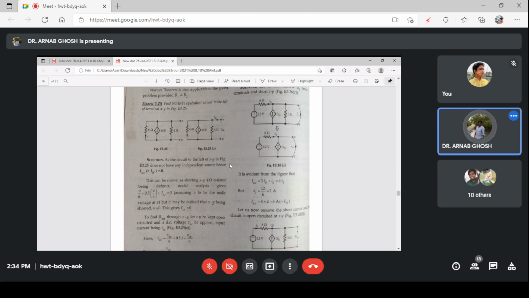Okay, so therefore you do not have to consider any current through this. When I am applying KCL at node 1, this current is leaving, and these two currents are entering node 1. So your ISC will be the addition of I0 and 3I0. So ISC will be equal to 4I0, that is 4 cross 2, and this is coming out to be 8 ampere. The ISC current, that is the short circuit current, is coming out to be 8 ampere.